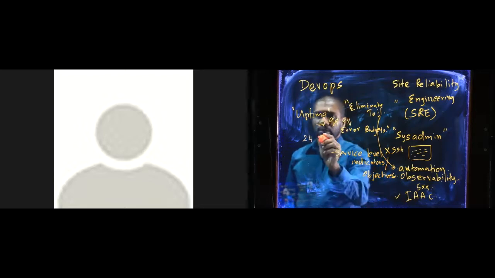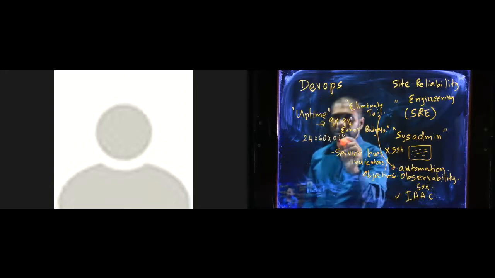People commonly call this three nines of uptime. That means how much downtime can I have in a 24-hour day? This many minutes of downtime. And this is very important: you are allowed to have this much downtime.